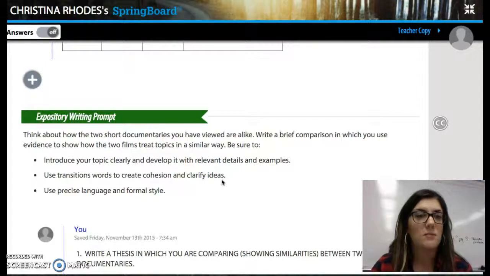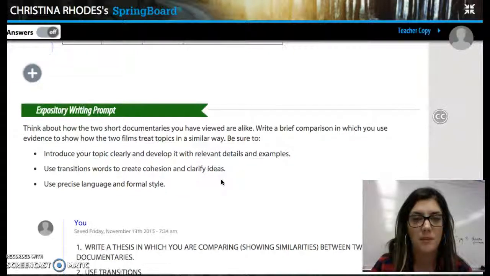At the end, you're going to be writing an expository writing prompt. Think about how the two short documentaries you have viewed are alike. So you're comparing. How are they the same? Write a brief comparison in which you use the evidence to show how the two films treat topics in a similar way. Be sure to, please number this number 1, introduce your topic clearly and develop it with relevant details